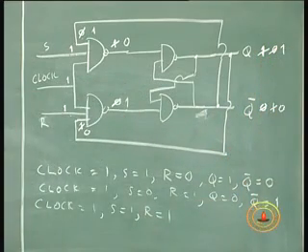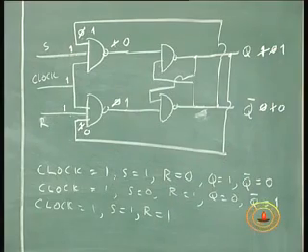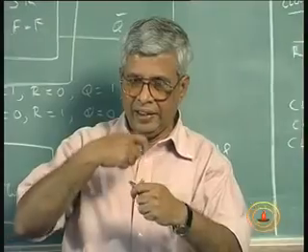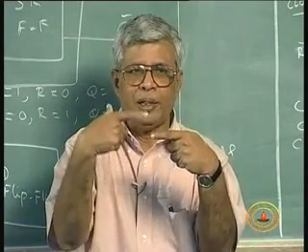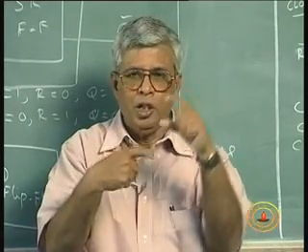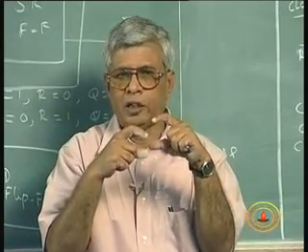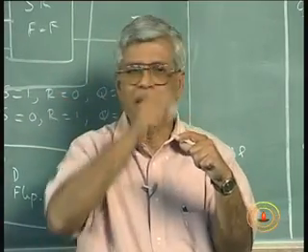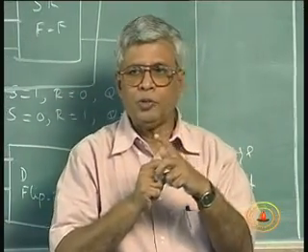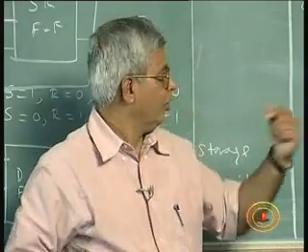You get the drift. What I am trying to say is, because there's a feedback, as long as I keep the clock high and as long as I keep my S is equal to 1, R is equal to 1, all inputs to the NAND gates are frozen except the ones which are coming back, feedback inputs. Those inputs were 0 1 to start with. So when I put 0 1,